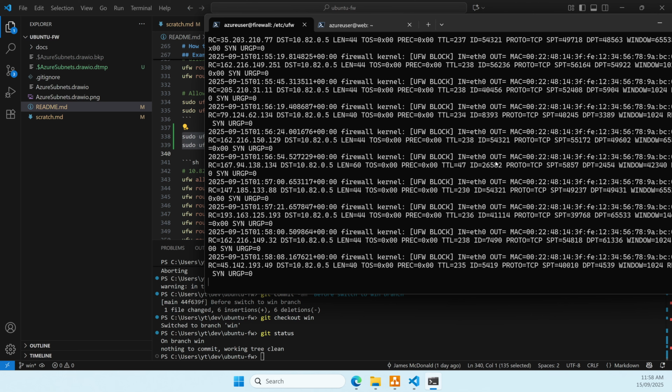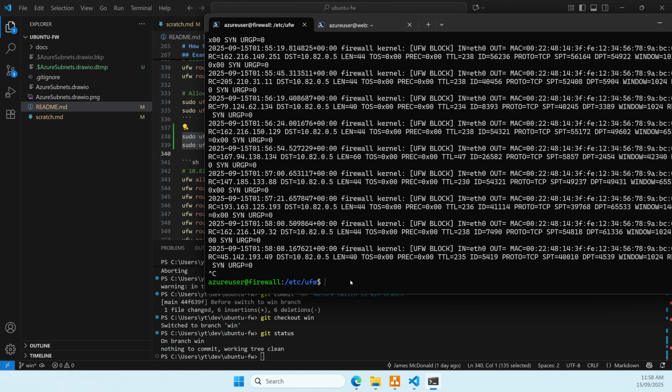Look at the example here. Someone's trying to connect from, let's say that IP address, we wanted to deny that IP address. So we wanted to deny it being forwarded, so we'd say sudo UFW route deny